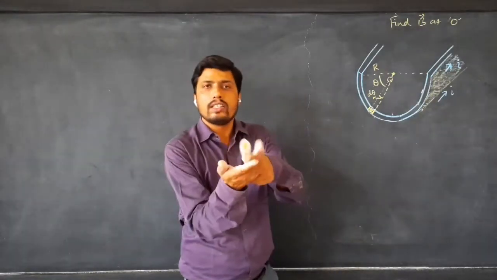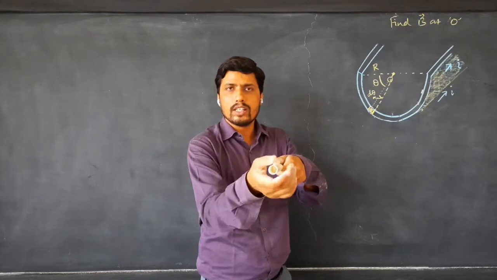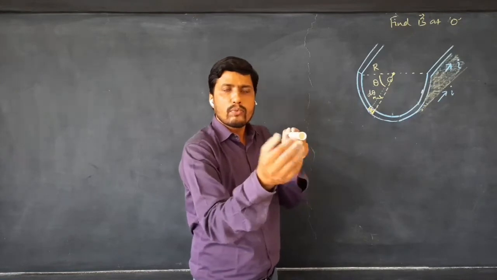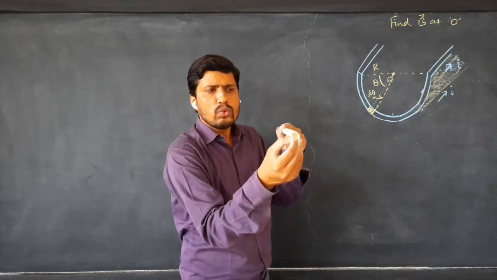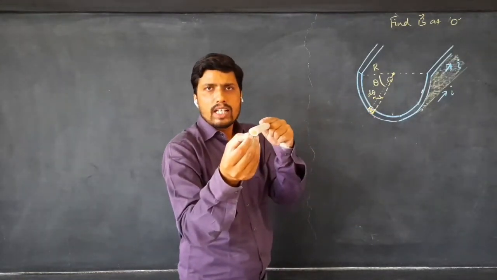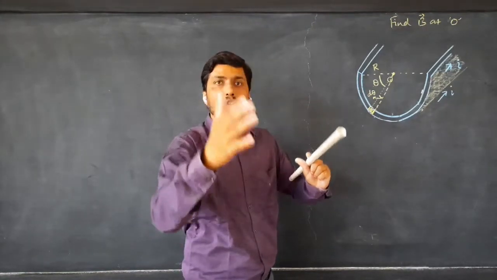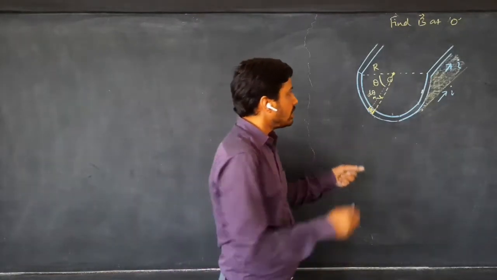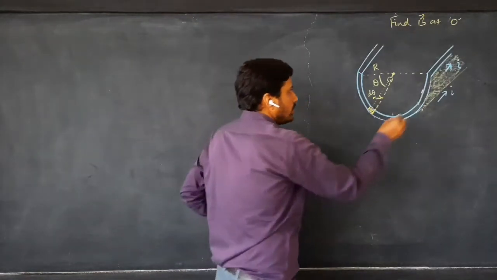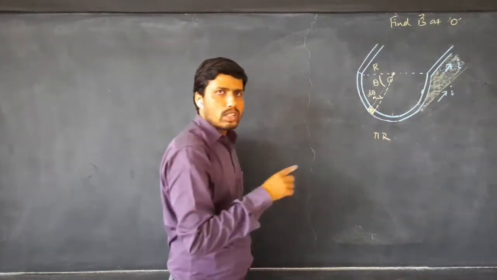is on this surface. So this is the semicircular wire, suppose. Don't consider it as cylindrical, consider it as semi-cylindrical. Upper half, you imagine it is not present. On that, from the front side, when you look at it from that side, you see this strip. That strip, if I turn this particular wire, that strip will appear in the form of an infinitely long wire which carries some current into the board. Current direction is into the board, okay? So this current I is distributed over this length. What is this length? Half the circumference of a full circle, that is pi r.